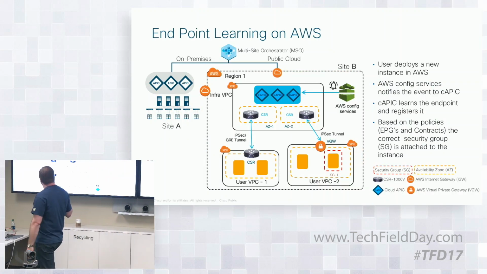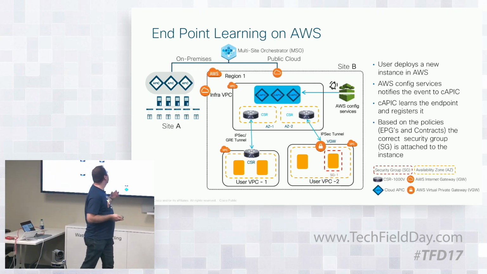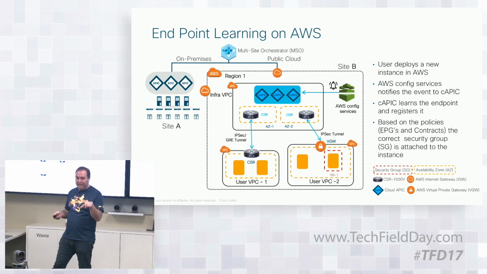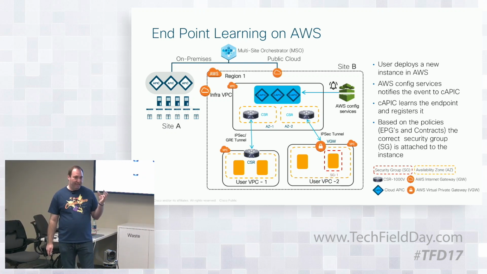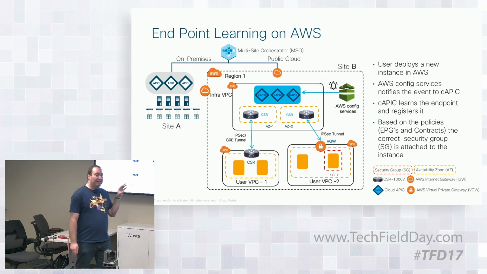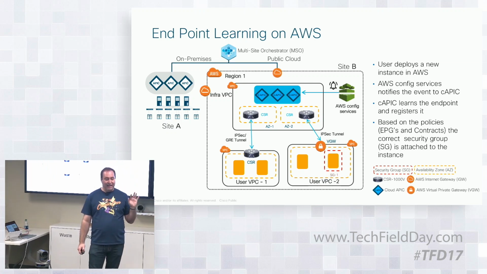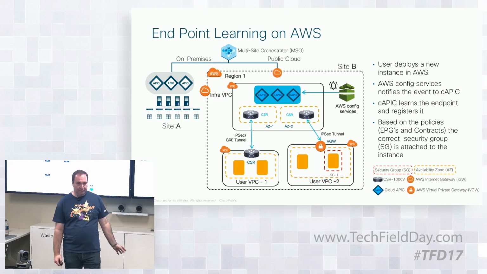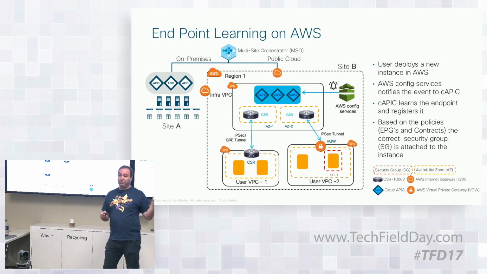And so the other thing is, how do we do endpoint learning? Early on, I told you guys that we subscribe to a bunch of services. The config services: when you bring up an instance inside one of your VPCs, AWS will notify Cloud APIC. Cloud APIC will apply the policy that's relevant to that instance. The default, but changeable, policy is that we're quarantining you. I don't care what you want. Unless you're tagged correctly, you cannot talk back to our data center. And no one can change that except for specific admin users. So you're automatically secured as far as connecting back to your own data center.